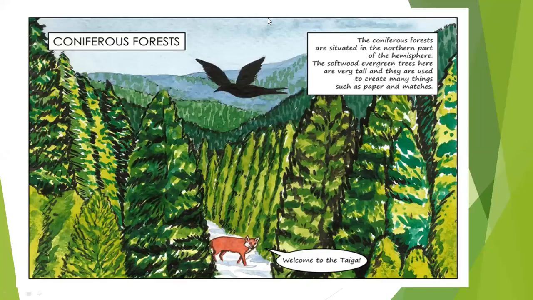Okay, now let's move to the next type of vegetation, that is coniferous forest. This is the last type of vegetation which we will read. So now the sun crow flies to coniferous forest. The coniferous forests are situated in the northern part of the hemisphere. The softwood evergreen trees here are very tall and they are used to create many things such as paper and